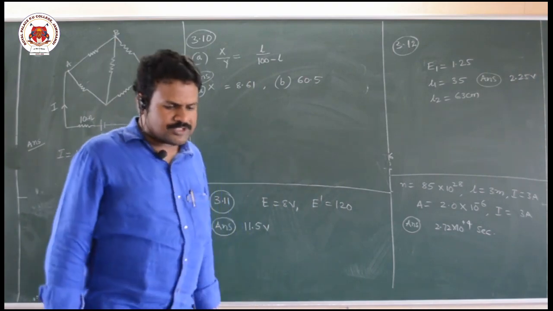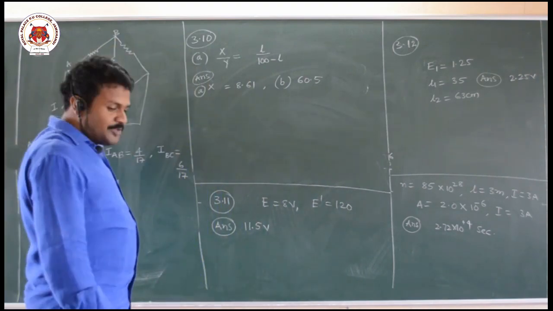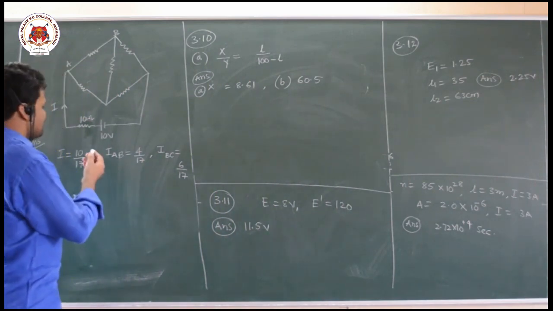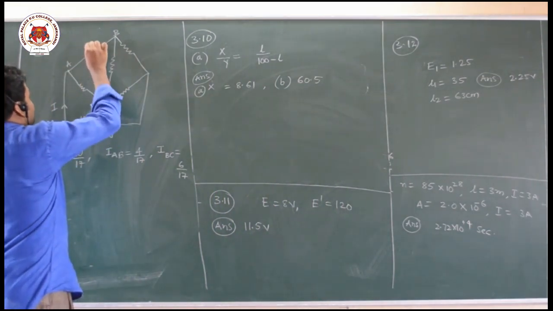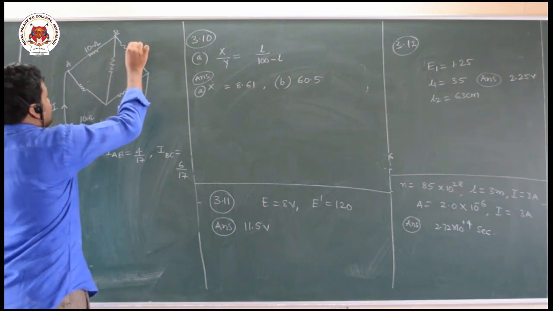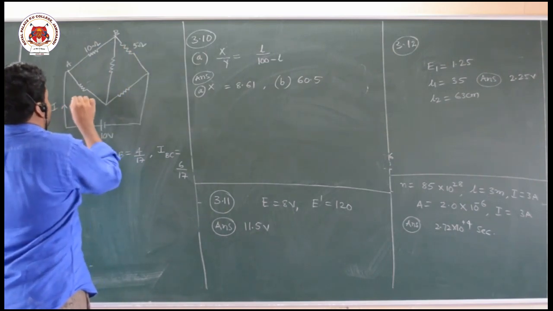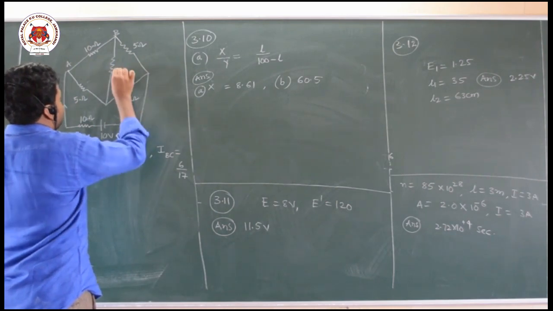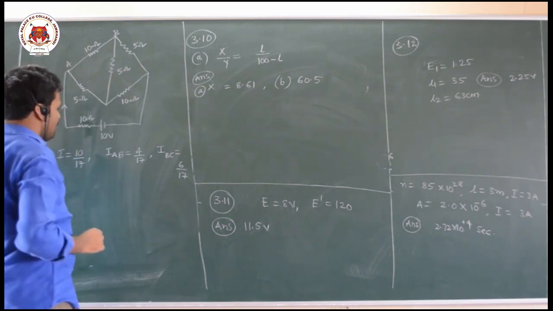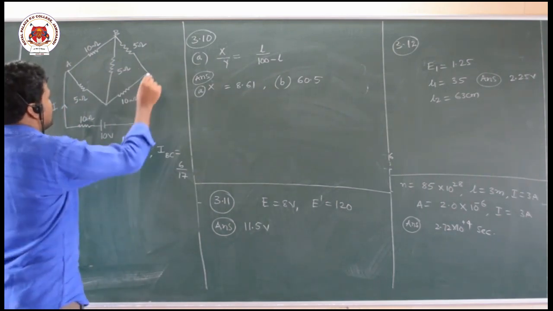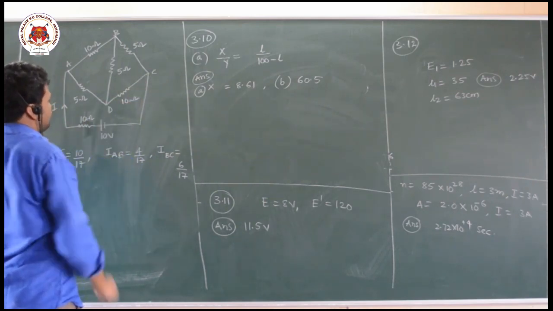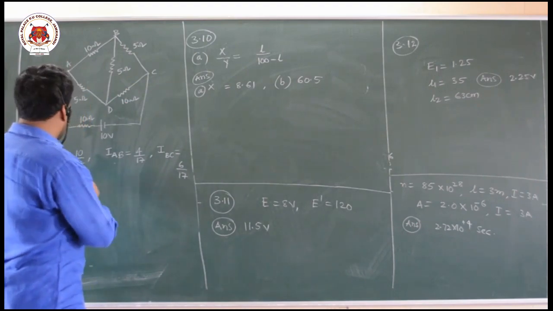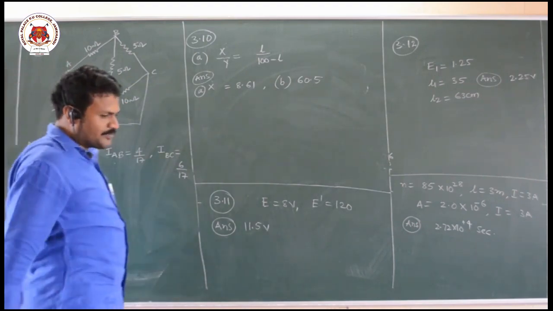First I am starting with question number 3.9 on page number 128 of your NCERT textbook. In this question, he has given an electrical circuit with resistances of 10 ohms, 5 ohms, 5 ohms and 10 ohms, and 5 ohms like this. He is asking for the current in every branch: A, B, C, D, A. Current in AB, total current, current in BC. I have already written the answer that we will get after solving.